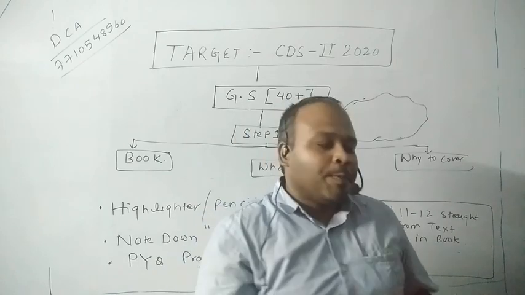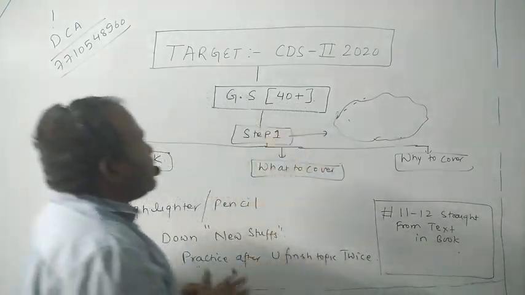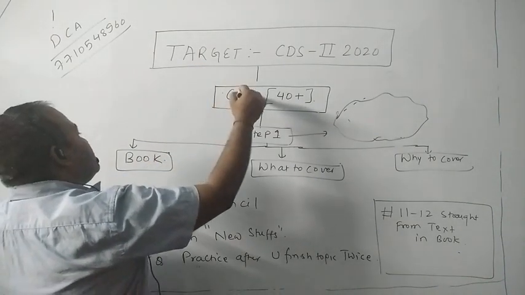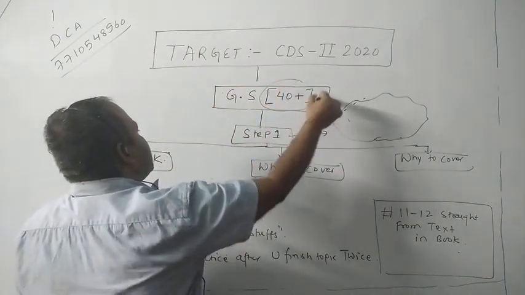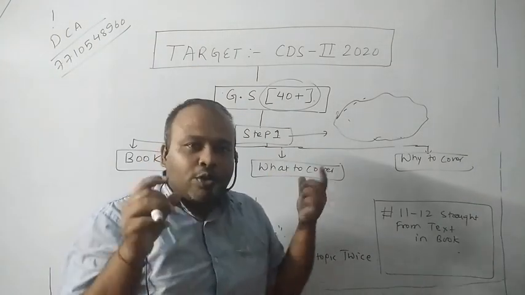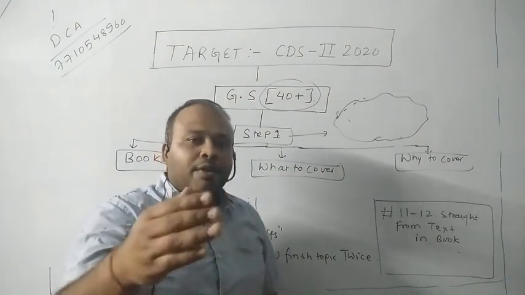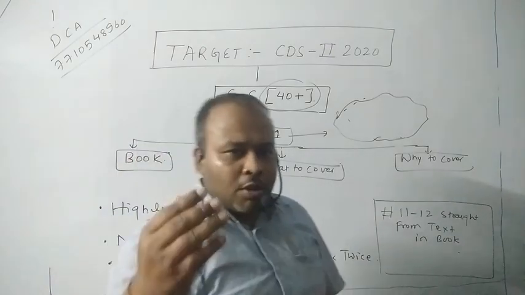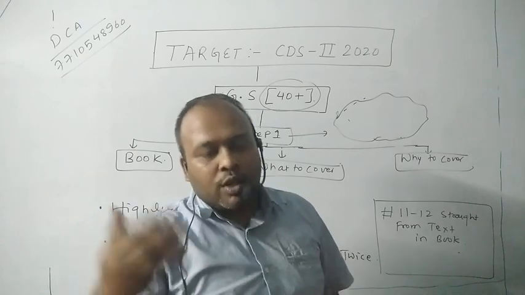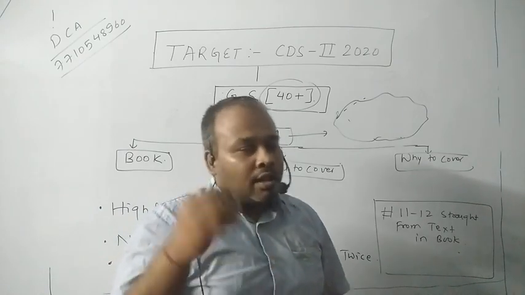You all know that. So what I mean to say, in order to get 40 plus, right? When we talk about our target, the target is 40 plus in GS. According to me, what should be the first step you should do at your home right now? And we have around 4 to 5 months at least because the notification has not come yet, right? Nobody knows where the exam is going to be,